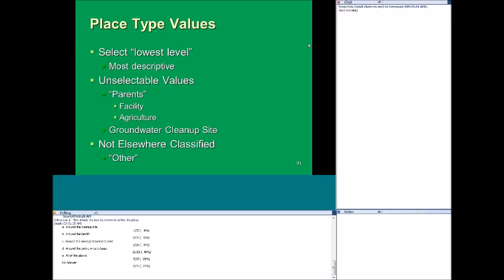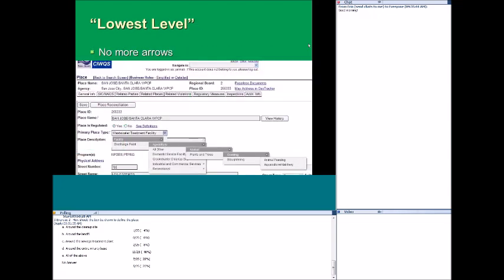Also, we have a value, groundwater cleanup site, that appears as if it's the lowest value. However, that value is really an artifact of our old menu, and so we have preserved it for existing data, but we do not want people to continue to use it because it doesn't describe the primary activity at the site in most cases. You'll also notice that some values have NEC, or not elsewhere classified, in them, and you can think of this as the other option within that category.